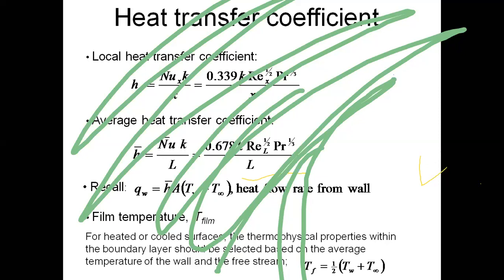Here, please keep in mind when you look at fluid properties, the Prandtl number or the kinematic viscosity, density values, these values when you read from the table, since the fluid properties vary with temperature, you must consider temperature dependency. So which temperature do you have to use? Normally the film temperature is used. The film temperature is taken as the average of the wall temperature and the fluid temperature. Fluid temperature is T infinity, wall temperature is TW. TW plus T infinity divided by 2 is the film temperature.